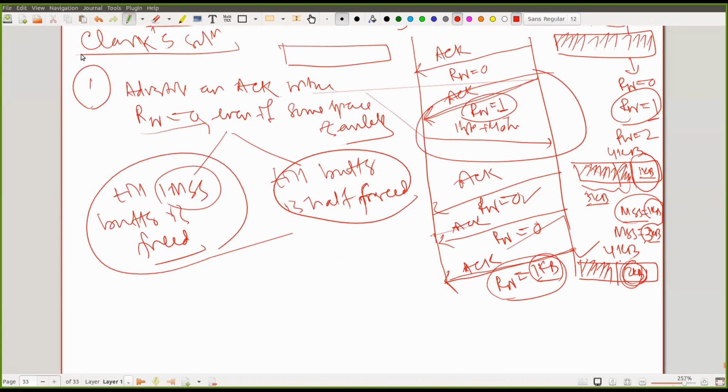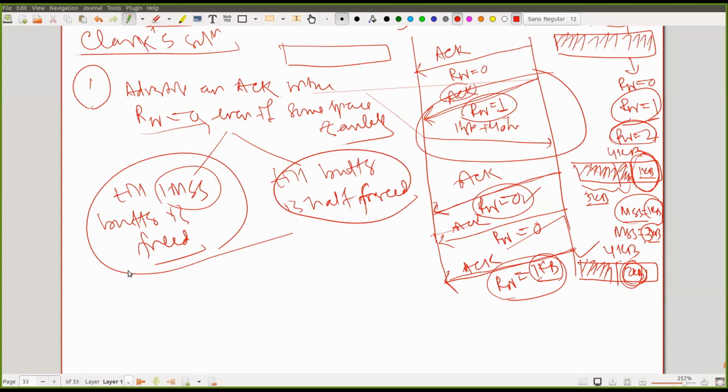So in this case, what happens? Every time I am advertising a window, whenever the receiver window size is changed, I have to generate an ACK, saying what the new receive window size is. But I am always going to advertise the receive window size as 0 until my receiver buffer is freed by one MSS or half freed. But if I look into this, there are a lot of ACK packets I'm going to send as a consequence, which may consume bandwidth or increase the traffic in the network.